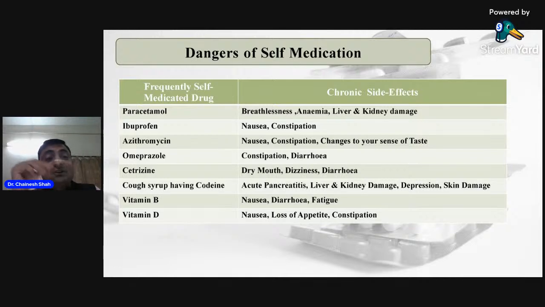Next case we will discuss azithromycin. Azithromycin causes nausea, constipation, and changes to your sense of taste. Generally, we take azithromycin in cases like sore throat or throat infection, without meeting the doctor. We know azithromycin is an antibiotic that can clear the infection, but the doctor will give you some co-prescription or other medicines also. Particularly when we go for azithromycin, it first affects the protein